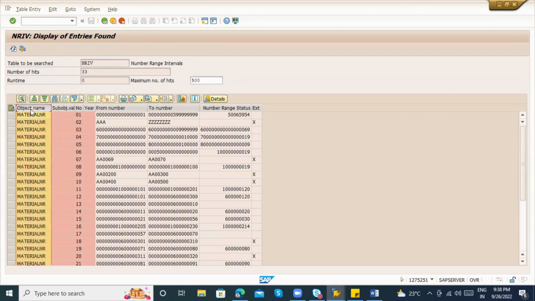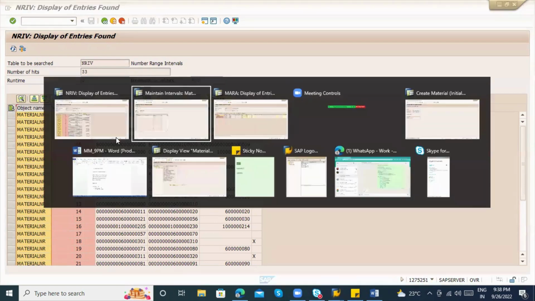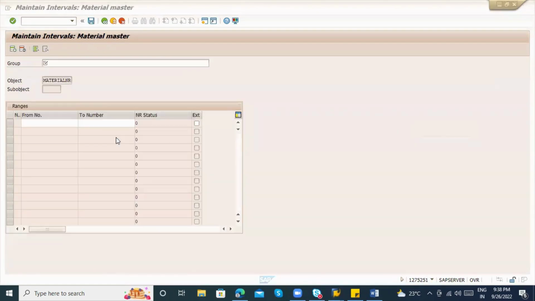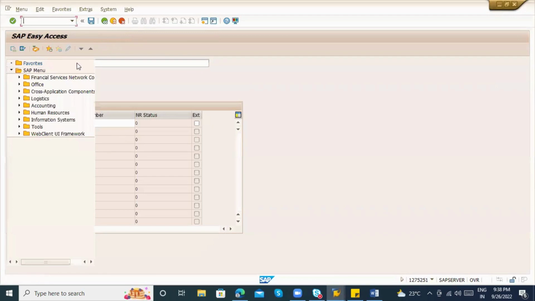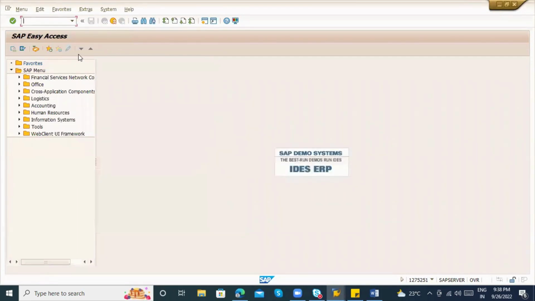Okay, tomorrow, in any implementation or rollout project, if you want to find out which number ranges are already used, looking at this screen is very difficult, right? In MM, sorry,